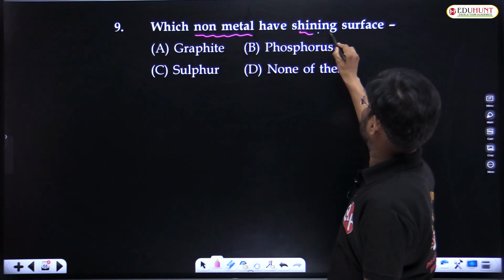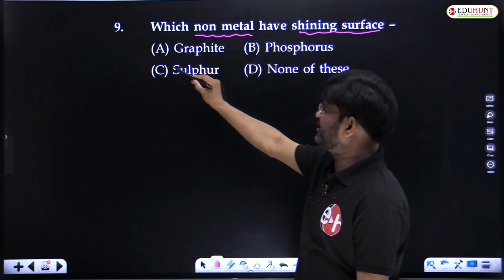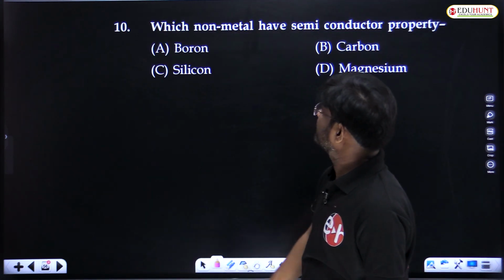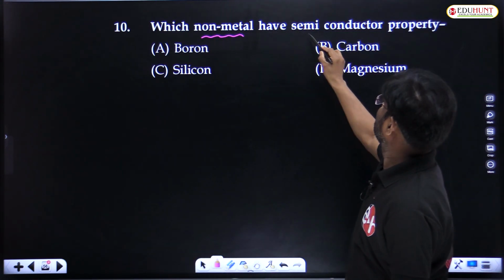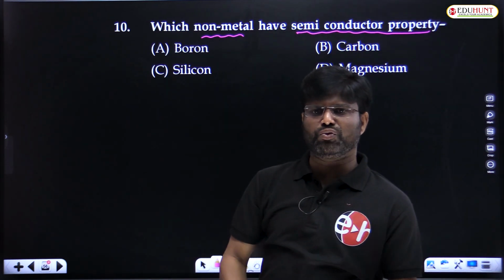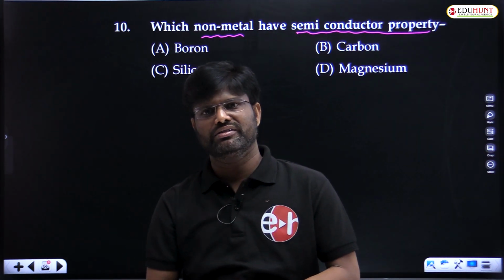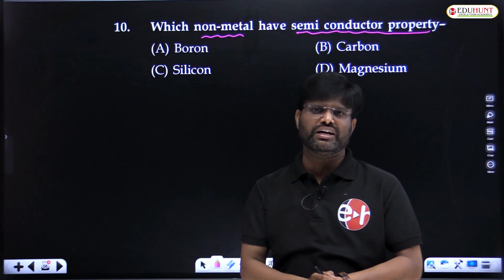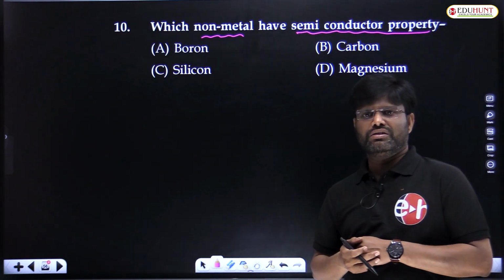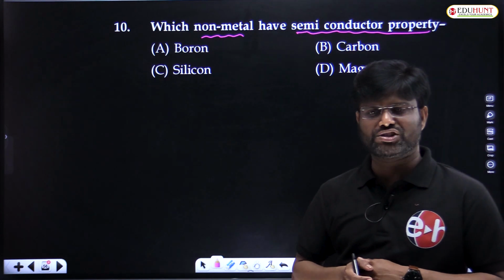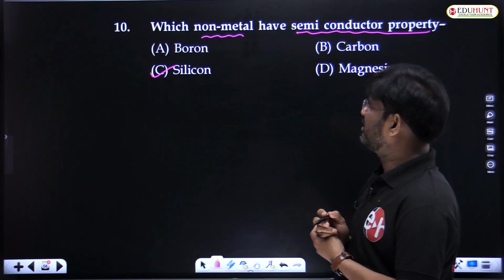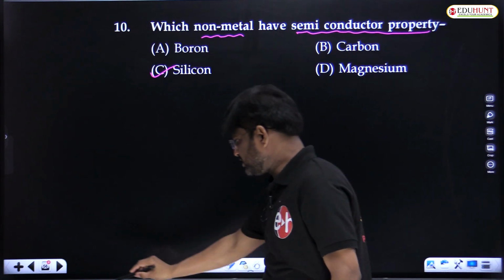Non-metal have shining surface. Which is the shining surface? Answer is graphite. So 10th question. Non-metal semiconductor property. Generally semiconductors are 4th group elements in the periodic table. Silicon, germanium are the semiconductors of property. So answer is silicon. 10th question. Next, let's go to the